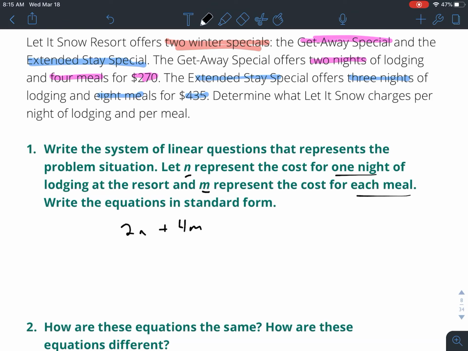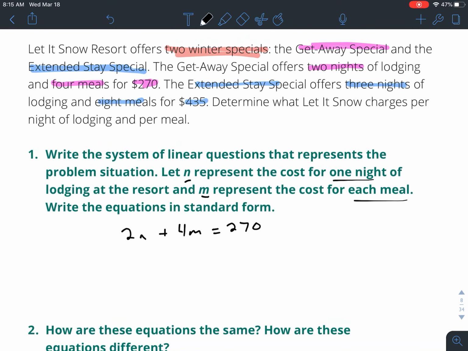Now, that's our first one, so that equals 270. So that's our Getaway Special. And then our Extended Stay is 3 nights plus 8 meals equals $435. Right there, that is how we write